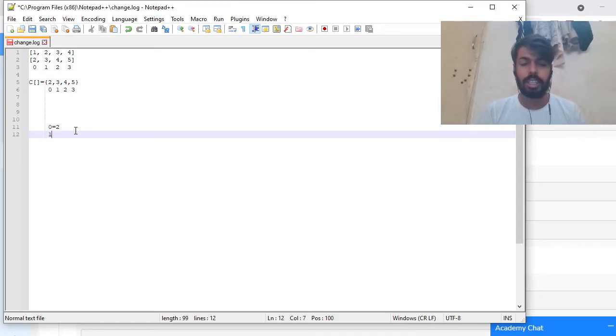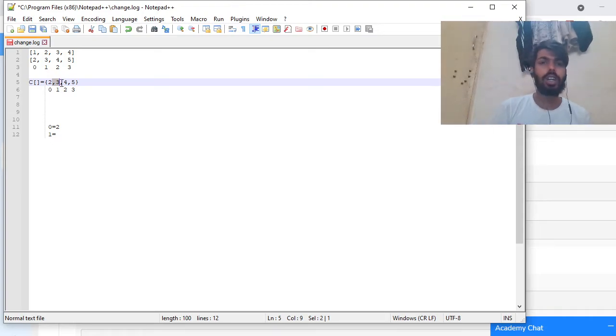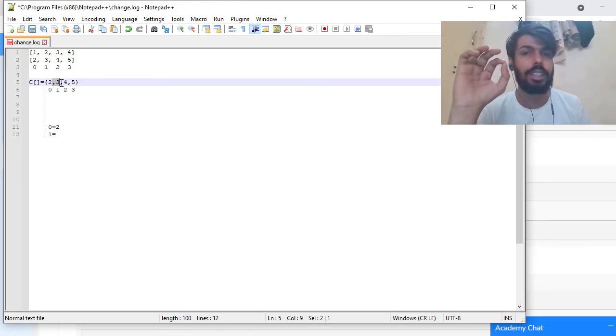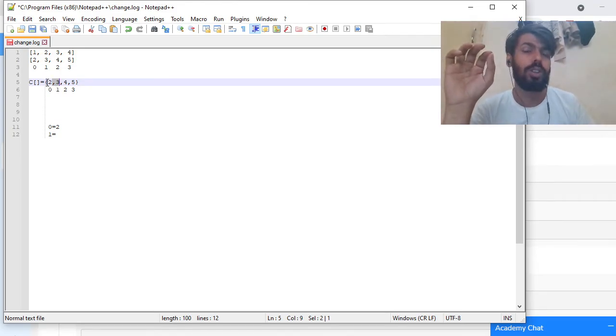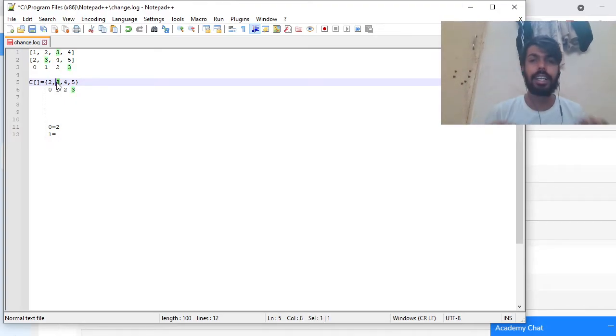Suppose I am selecting the first index. This first index element can contribute to our answer, or maybe it can't. If I select the 3, then I can't select 2. So there are two options: either I select this element or I reject it.